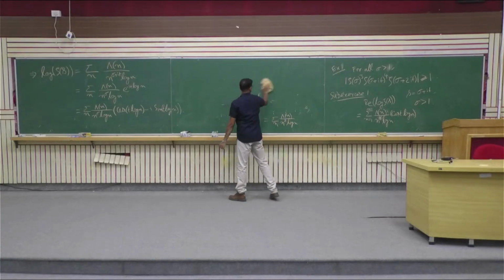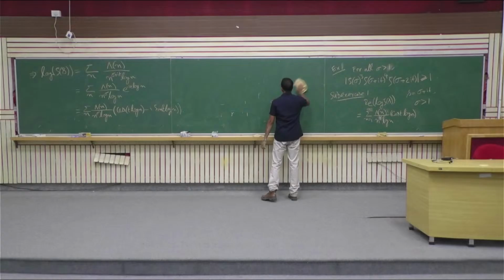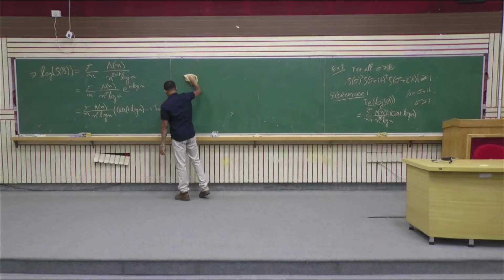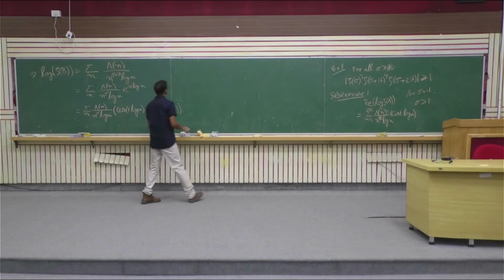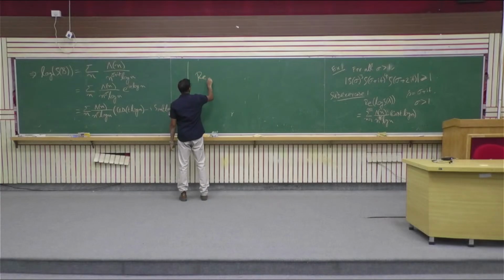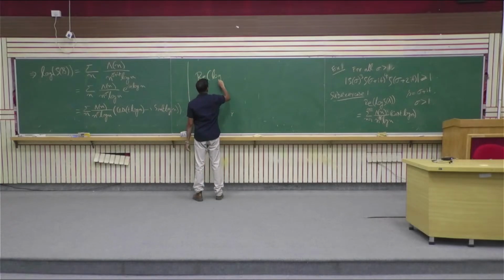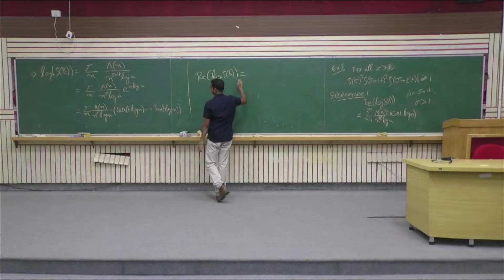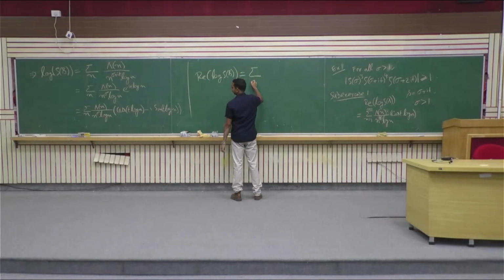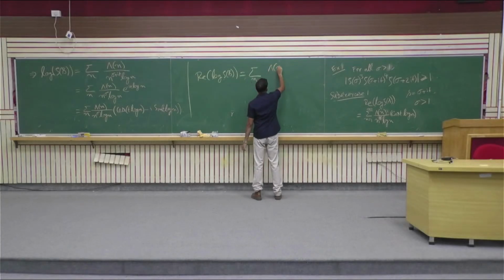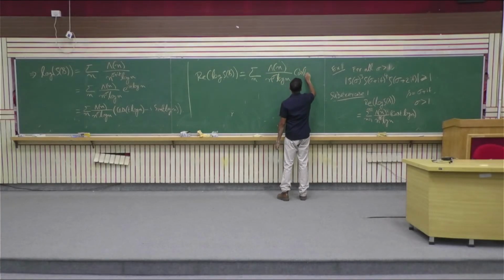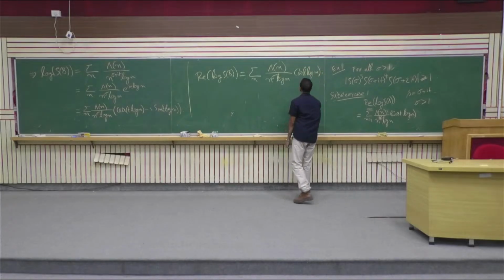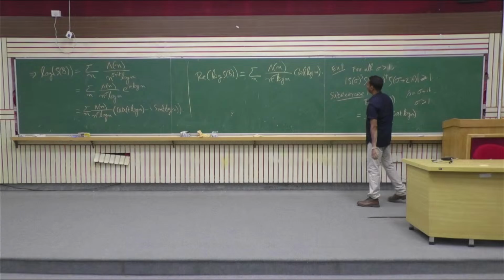So we see that if the real part of s is greater than 1, then we have the real part of log zeta s equal to the summation over n of lambda n by n power sigma log n times cos t log n. Okay, so now to show this,